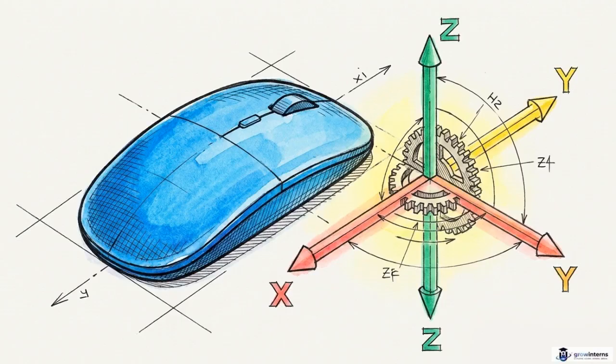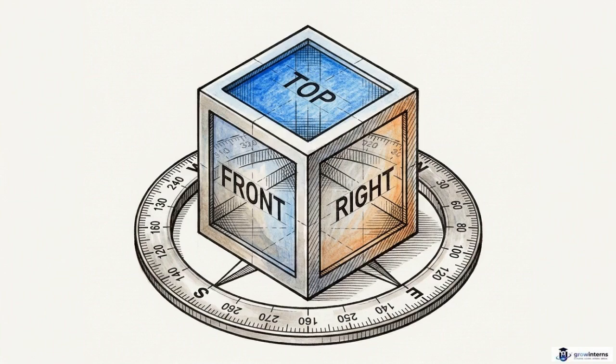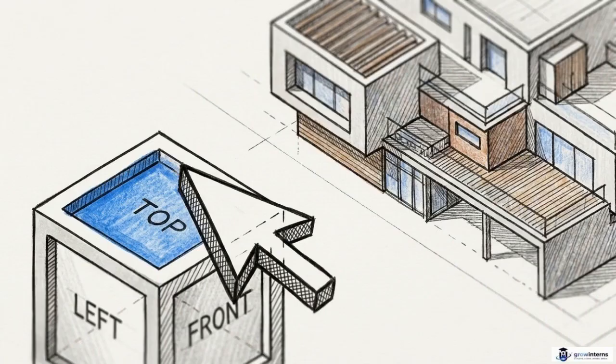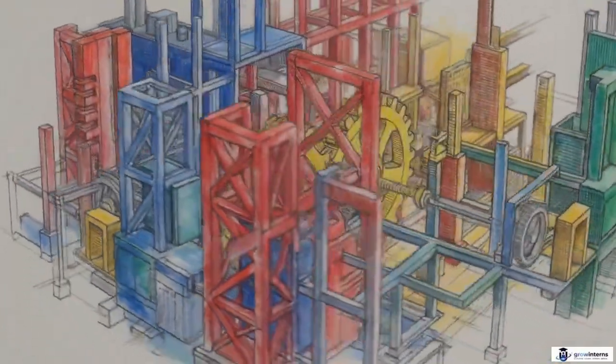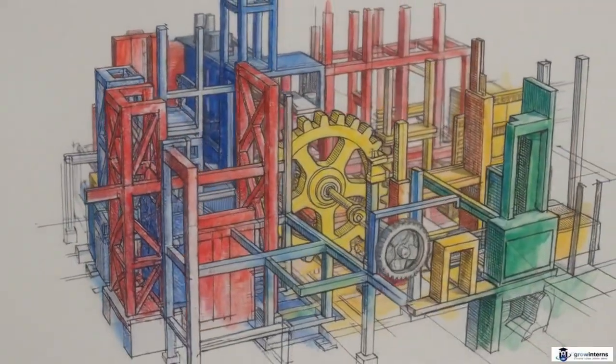Navigating a 3-dimensional environment with a flat mouse requires a specific set of tools to maintain your orientation. Your primary navigation tool is the View cube, located in the top right corner of your screen. Clicking any of the cube's corners instantly snaps your camera to a perfect fixed isometric perspective. For fluid movement, hold Shift and press the middle mouse wheel to activate orbit, rotating the camera 360 degrees around